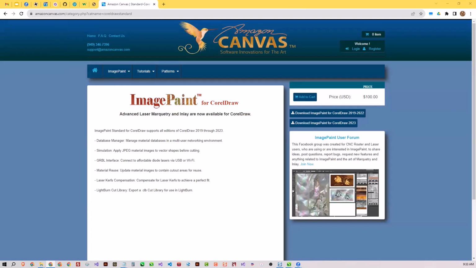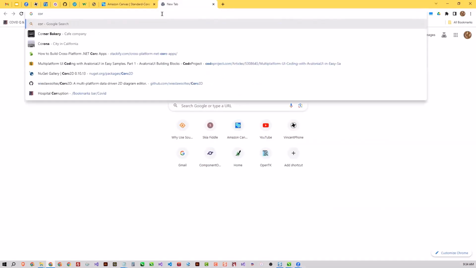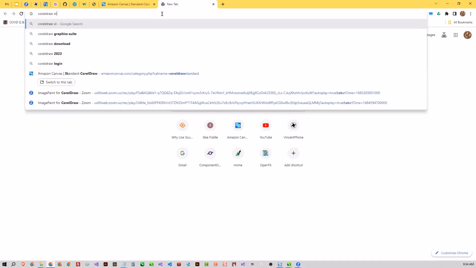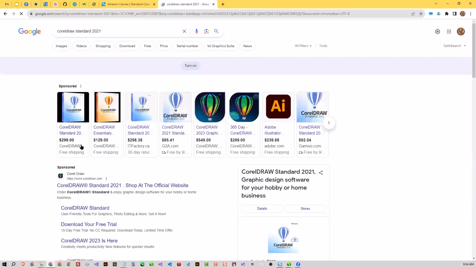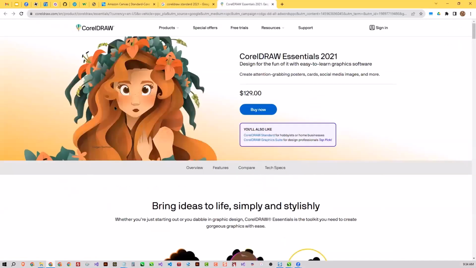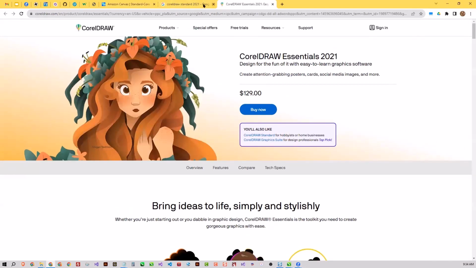You can get a, what did you call it? A teaching software? I'll look it up again and I'll tell you the exact name. Or actually, I put the link in. Oh, actually, are you going to do it, Vincent? Go ahead. It's called CorelDRAW Standard. I think it's student. Yeah, try student 2021. There you go. This is the one. Yeah, the essential. I'm worried about the essential not having the editing capability that the standard has. Go back to Amazon.com.